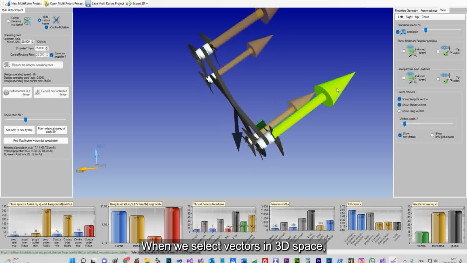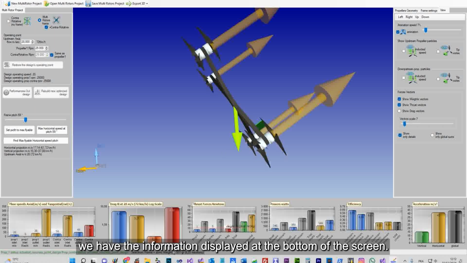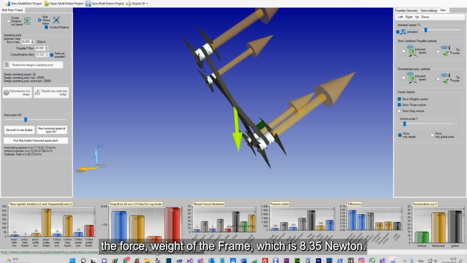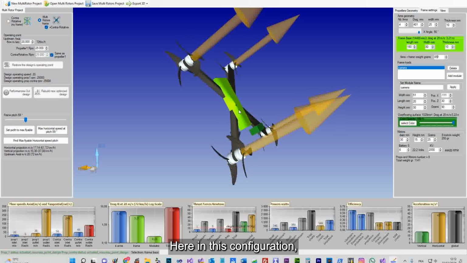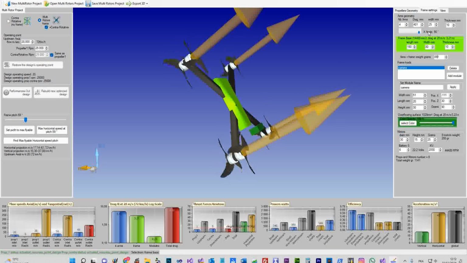When we select vectors in 3D space, we have the information displayed at the bottom of the screen. So here, if I select this vector which lights up in fluorescent green, we see here the force, weight of the frame, which is 8.35 Newton. Here in this configuration, we're going to modify it right away to have a weight.